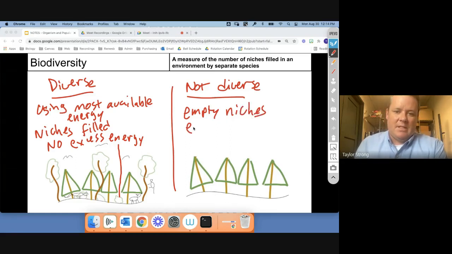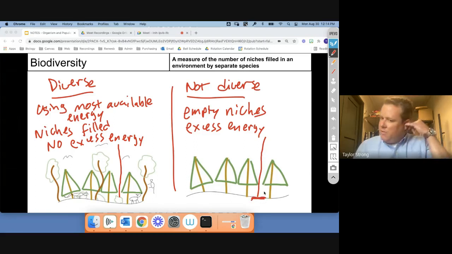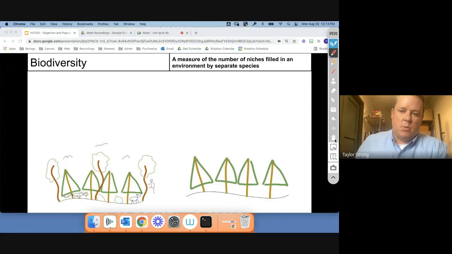But over here, we have empty, or what we'd say unfilled, niches. And that means we have an excess of energy. There is energy that maybe falls in between these two trees from sunlight and it hits the ground and it is not absorbed by anything. And so it's a waste of energy. And the reason why that matters is if we move on to the next one, which is a really similar slide to this one,